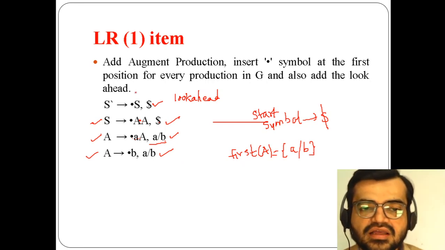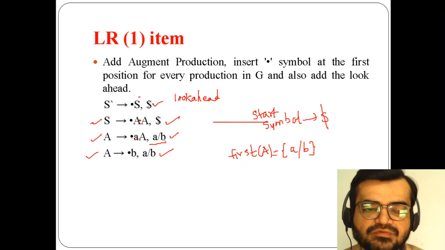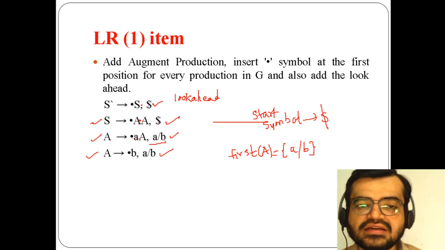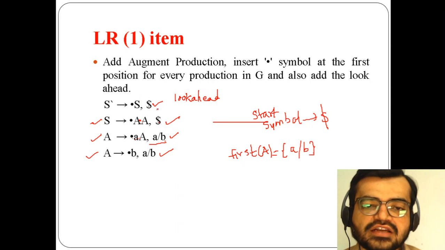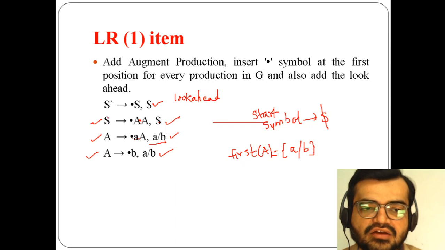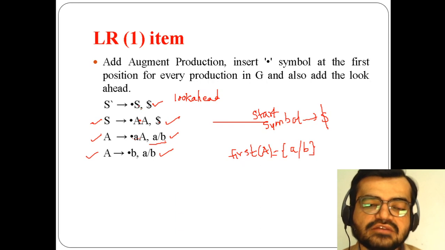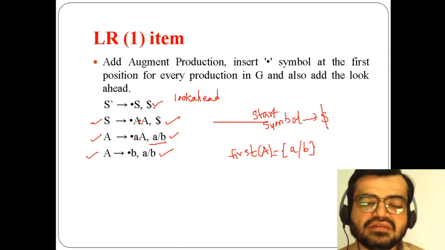Simple is that for any production, the first thing is that if you are taking a start symbol, and the start symbol doesn't have a previous production, so that is the first production, we need to consider dollar by default as the look ahead symbol. Now for the second production, in the first state, when I'm opening S here, after S nothing is there. Because for the second production I have to see the first production, after S nothing is there, so I have to use the previous look ahead symbol in the second production as well, so I'm using dollar here.